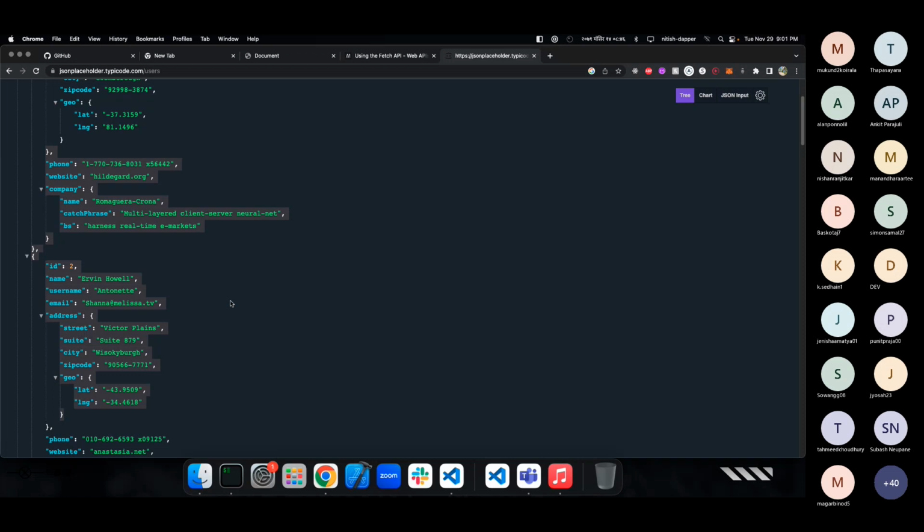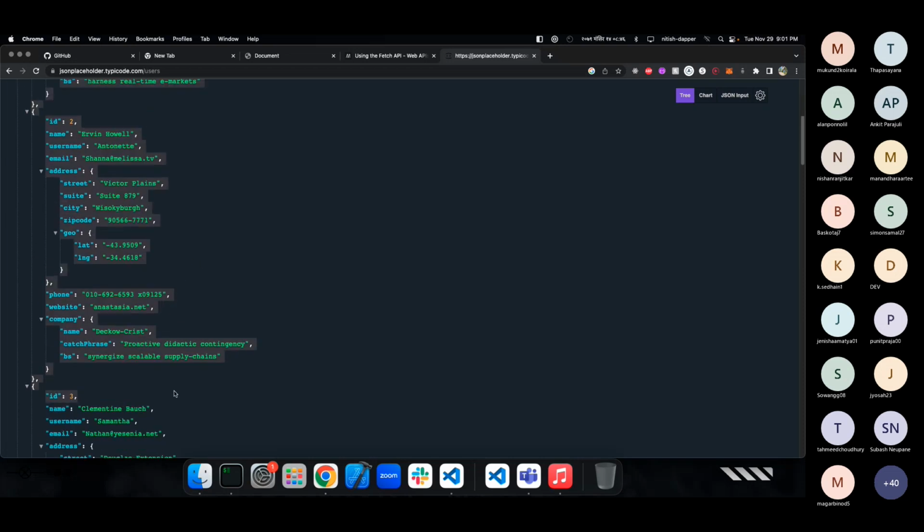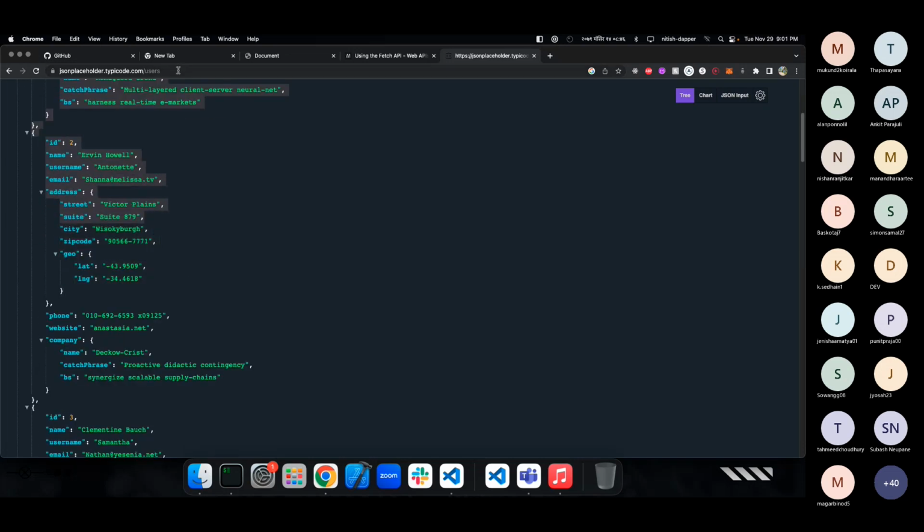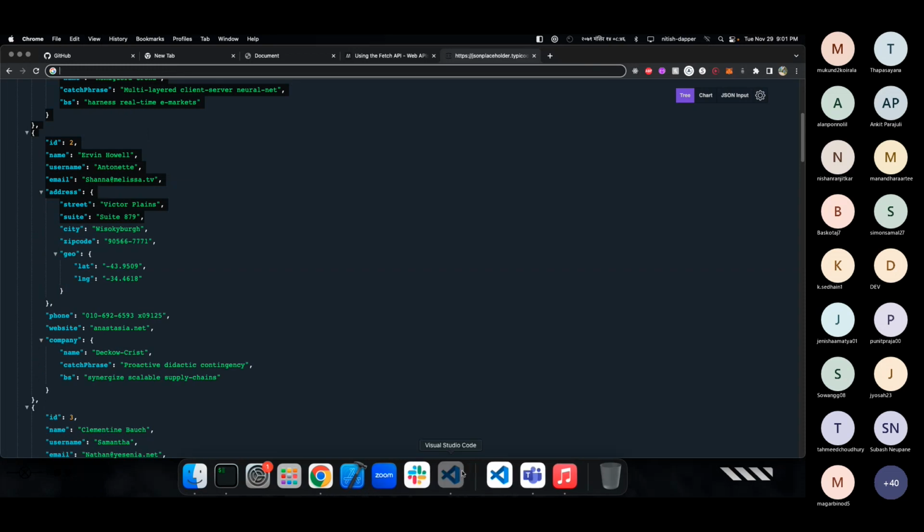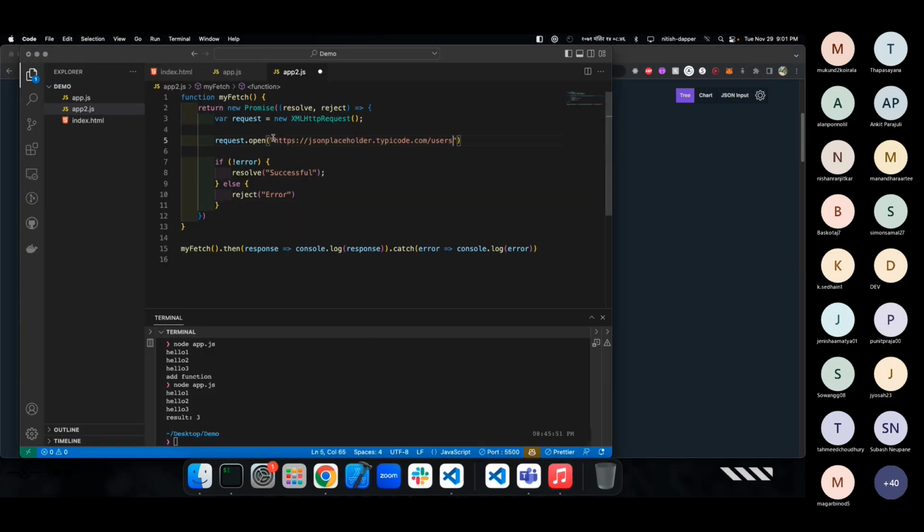We have this data, which is in JSON format. So we're going to take this URL, and we're going to go here and paste it here. This is the same as fetch, where you give a URL. It's literally the same thing, right? So once you fetch it,